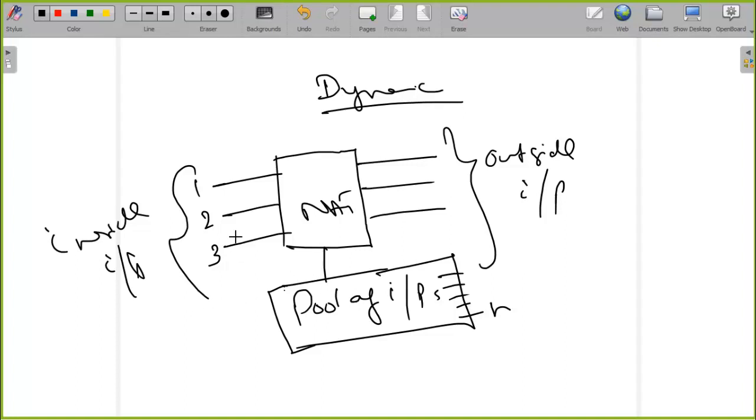Here, whenever the first PC tries to access the internet, it will be given an IP address that is available in the pool. For example, the first IP address available in the pool will be given, and that IP address will be used as a public IP address to access the internet. Next, when the second PC comes to access the internet, the second IP address in the pool will be given, and when the third comes, again the same. Whoever comes first will be given an IP address.